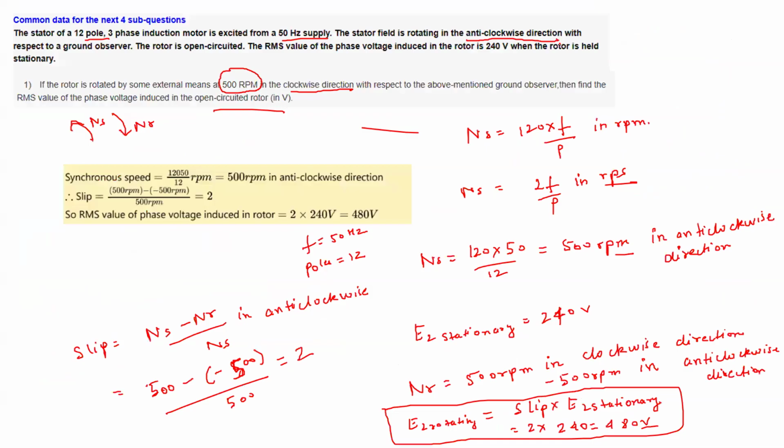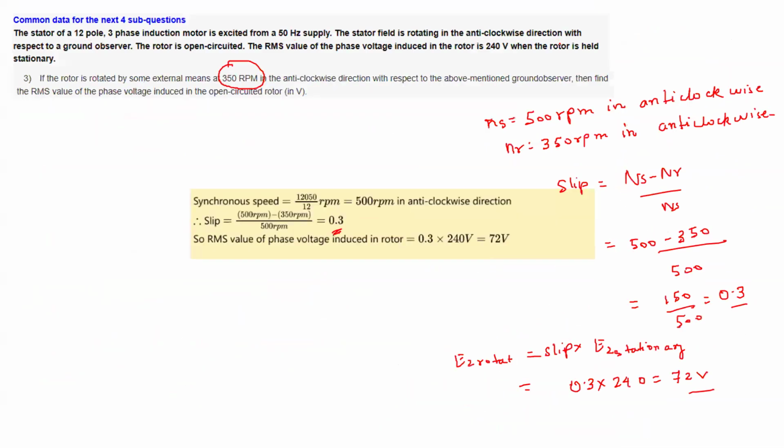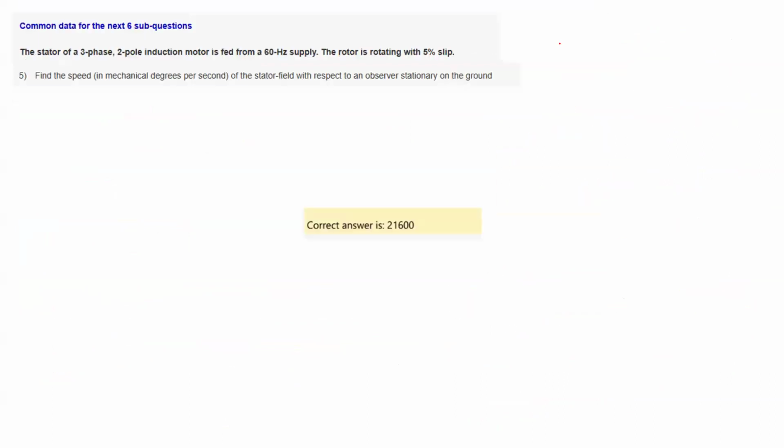So now we will see some questions. Let us see the questions again. Now this is the common data for the next 6 questions. So here what we have is,